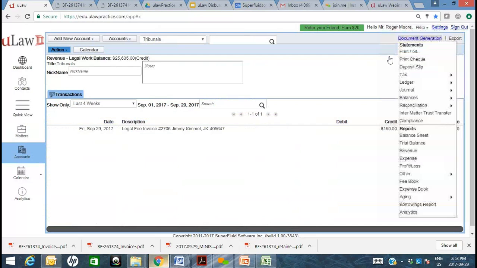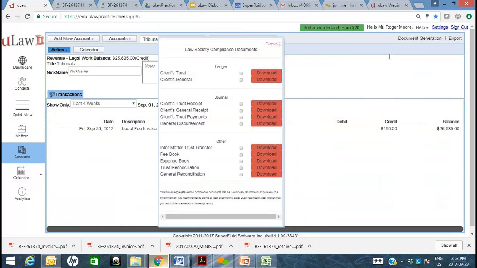Let's right away generate all of those different ledgers and journals, or I can simply look at one at a time. I can just look at my compliance, which pretty much has it all. So here are all the ledgers, the journals, and the fee book that we spoke about, very important. And we're not going to focus on anything else, the reconciliation, etc. I want to focus specifically on the disbursements. So let's go ahead and do